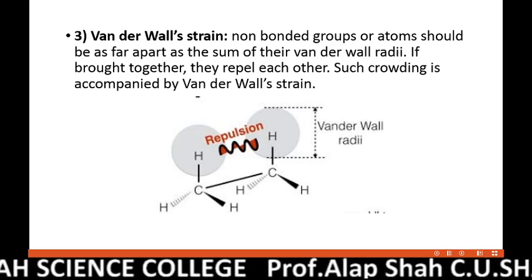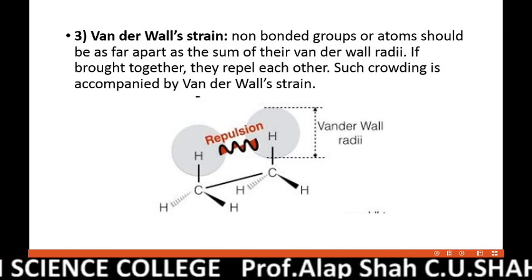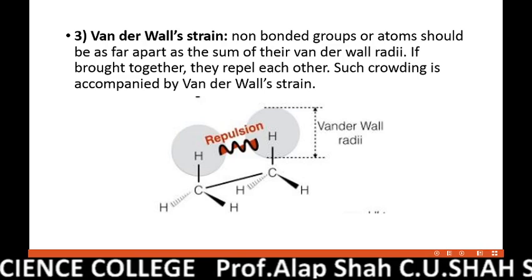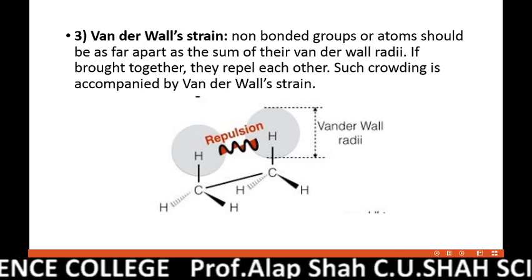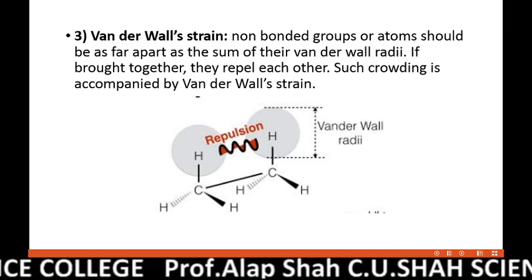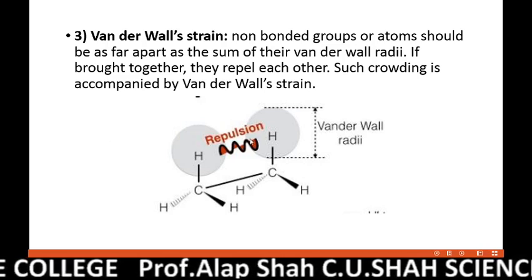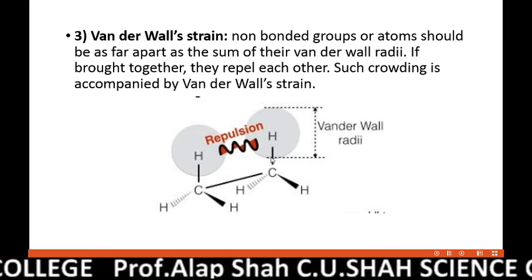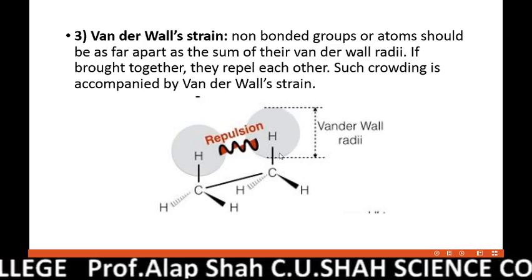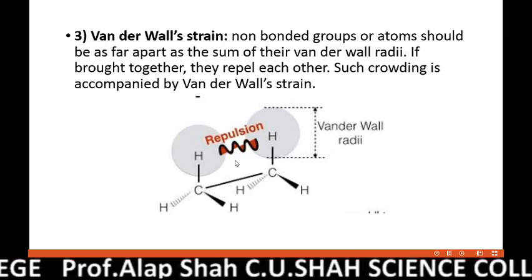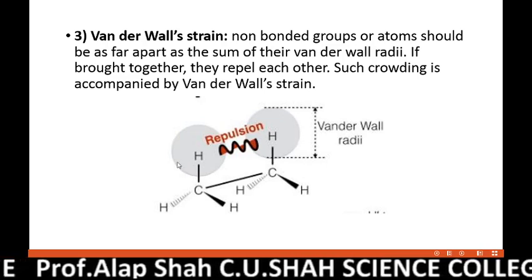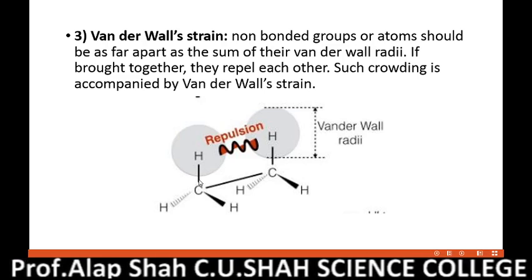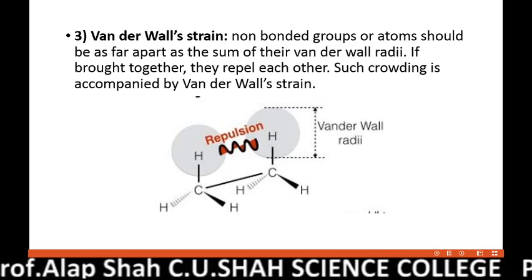And the third factor is called van der Waals strain or van der Waals repulsion. Every atom has a van der Waals radius. Here you can see that this is the hydrogen, and the gray circle is the van der Waals radius of the hydrogen. Similarly, this gray circle is the van der Waals radius. Now, whenever it forms a bond,